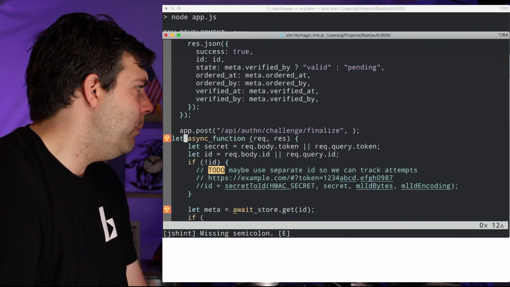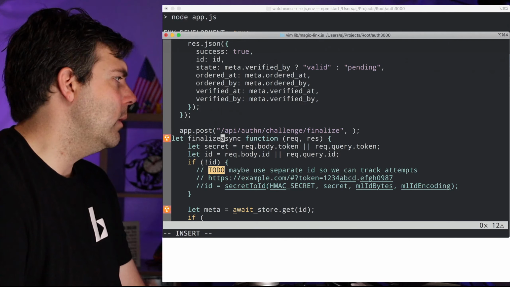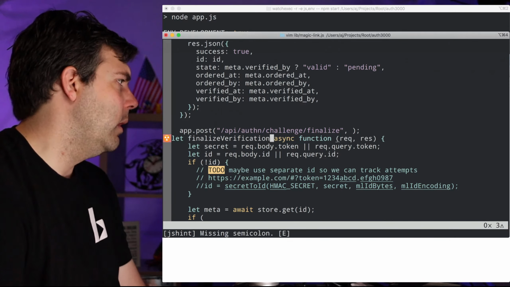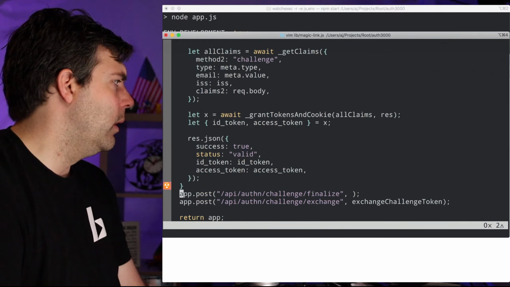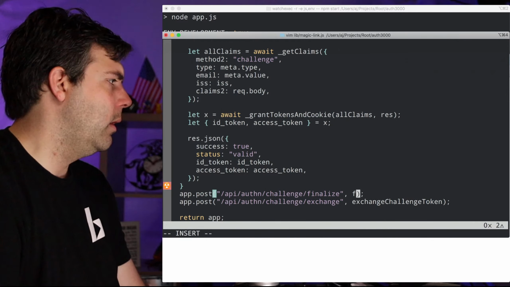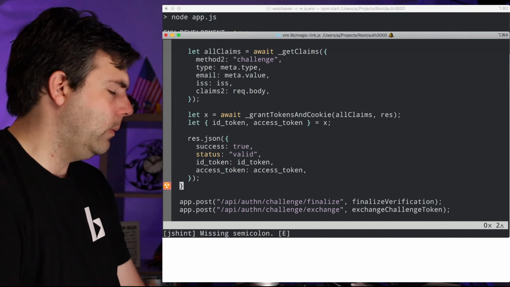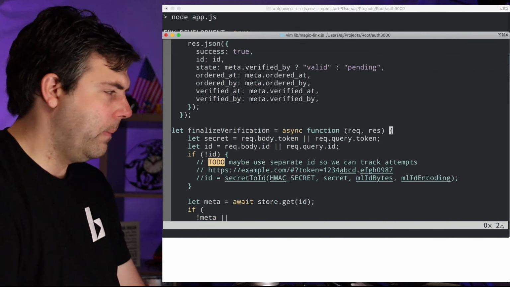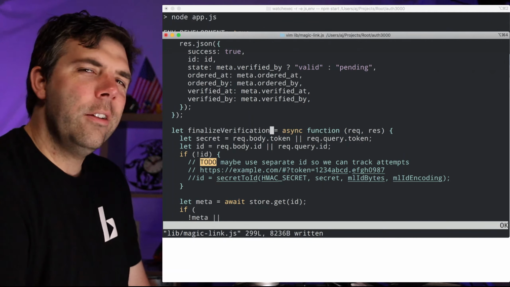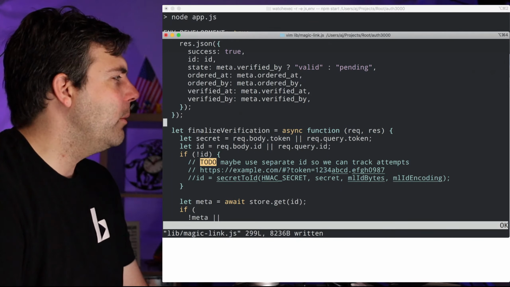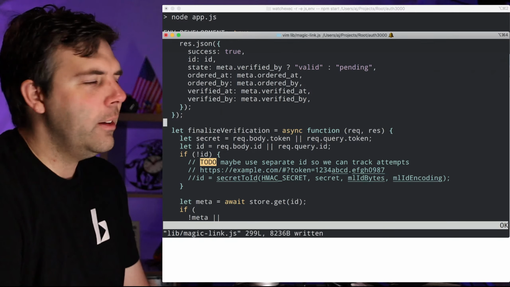Anyway, what was I going to call this one? Finalize verification. Might be an all right name for it. Finalize verification. Cool, cool. And then I'll save. And, you know, I don't actually have my editor set up with the proper indenting, and I've come to rely so much on prettier and code formatting tools that when I want everything to be indented right,